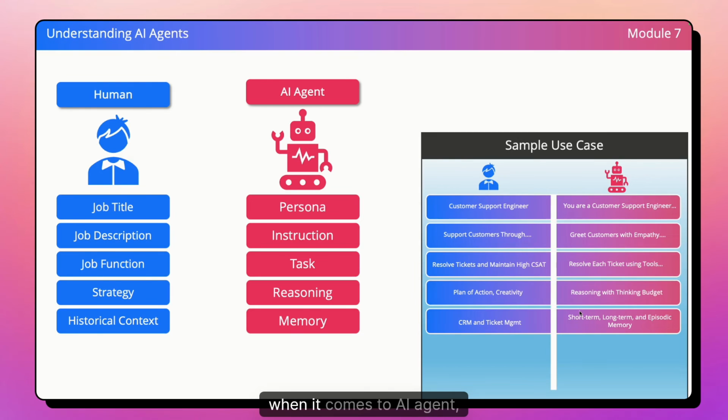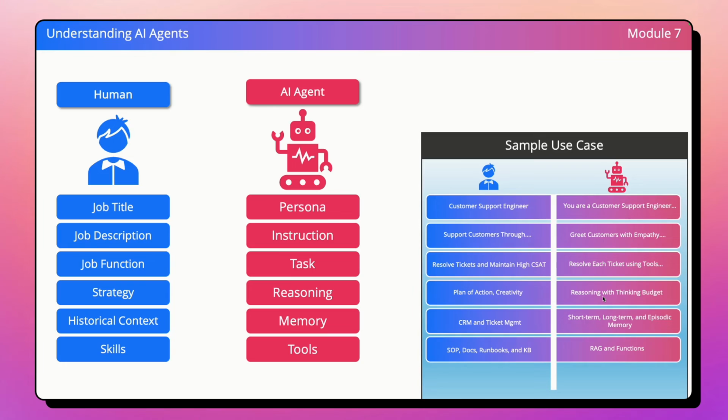Now, when it comes to an AI agent, it also maintains historical context through flavors of memory: short-term memory, long-term memory, and episodic memory. We'll take a closer look at each of those and even implement them in the upcoming sessions